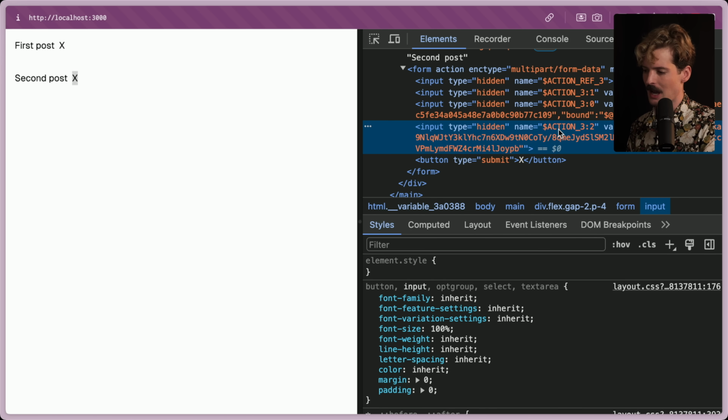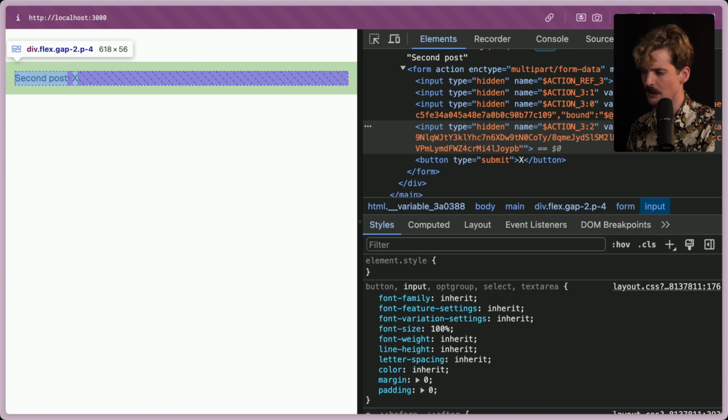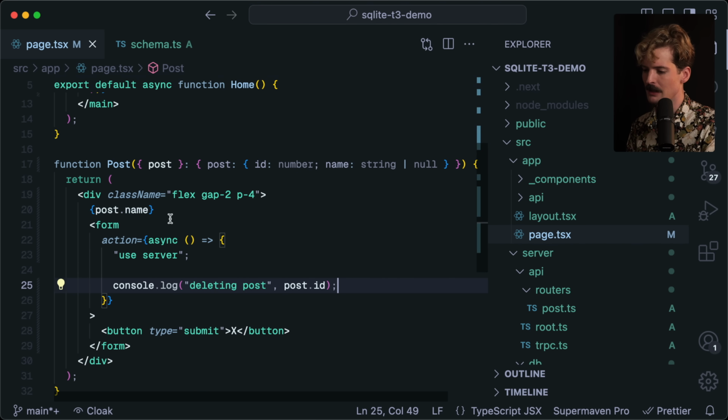But by doing this, they're now able to make sure each of these forms is bound to the right thing on the server side without having them bound to different functions, without having them pass different data manually. All of those things are just kind of handled for you, which is super, super convenient. And it means you can write a component that's this simple where I just pass it a post and then you use it in the action and it works.